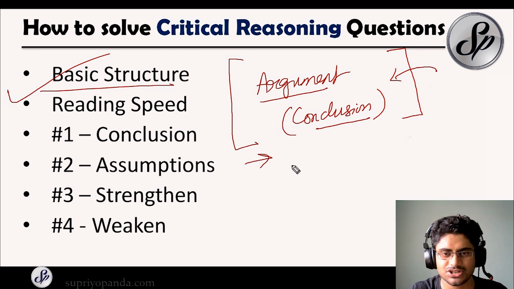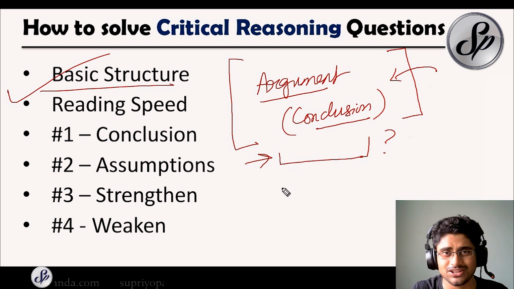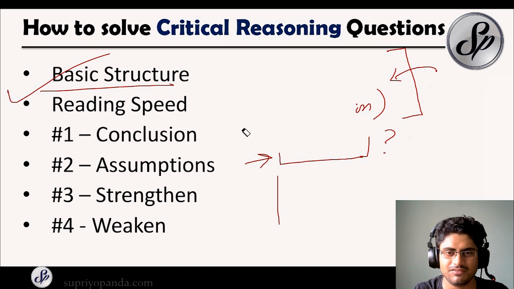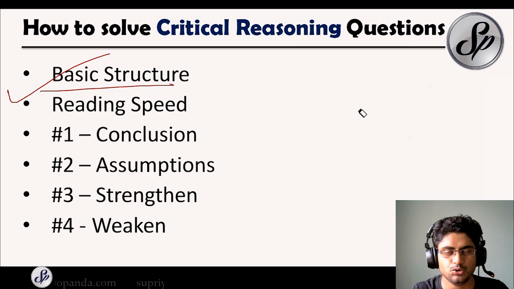Then you are asked a question. The question might be whether the conclusion is correct, whether the assumption is wrong, or whether you can strengthen or weaken that conclusion, whatever it is. Then you have some options, maybe 3, 4 or 5, and you have to find the correct answer. That is the exact structure of most critical reasoning questions. Some can be a little different, but at least 99% of them have the same structure. If you understand this structure and use it to your advantage, it becomes much easier.